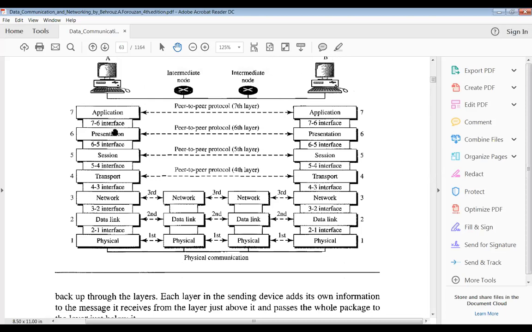This is what actually happens, and this is how data conversion is done from one layer to the next, from the topmost layer to the bottommost layer. You have to remember this sequence.